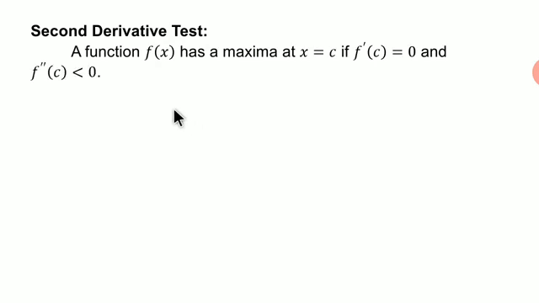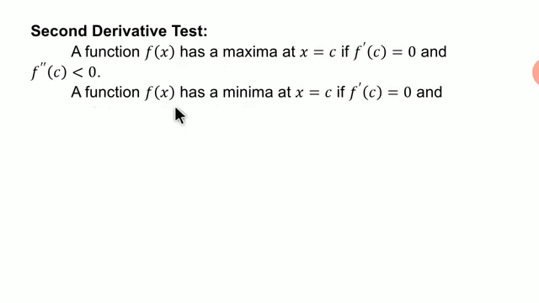But before example, we see about the second derivative test also. Now see what is the second derivative test. A function f of x has a maxima at x is equal to c if f dash of c is equal to 0 and f double dash of c is less than 0. ज्या वेळेला त्या पॉइंटसाठी डेरिव्हेटिव्हची व्हॅल्यू 0 असेल आणि डबल डेरिव्हेटिव्हची व्हॅल्यू निगेटिव्ह असेल त्यावेळेला त्या फंक्शनला त्या पॉइंटला ते फंक्शन काय असेल मॅक्सिमा असेल.